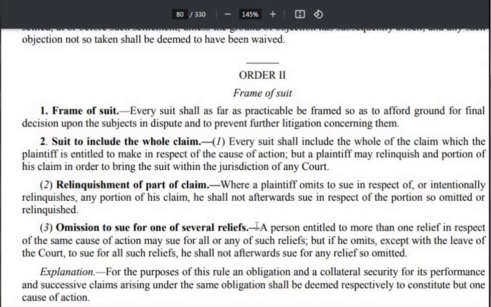So if you are having more than one relief, then you must claim all the reliefs provided you are entitled for those reliefs। अगर आपने क्लेम कर लिया है तो ठीक है, अगर नहीं किया है तो फिर दोबारा अगर उसी कॉज ऑफ एक्शन पर सूट करोगे तो वो जो relinquished रिलीफ था उसको आप क्लेम नहीं कर सकते।